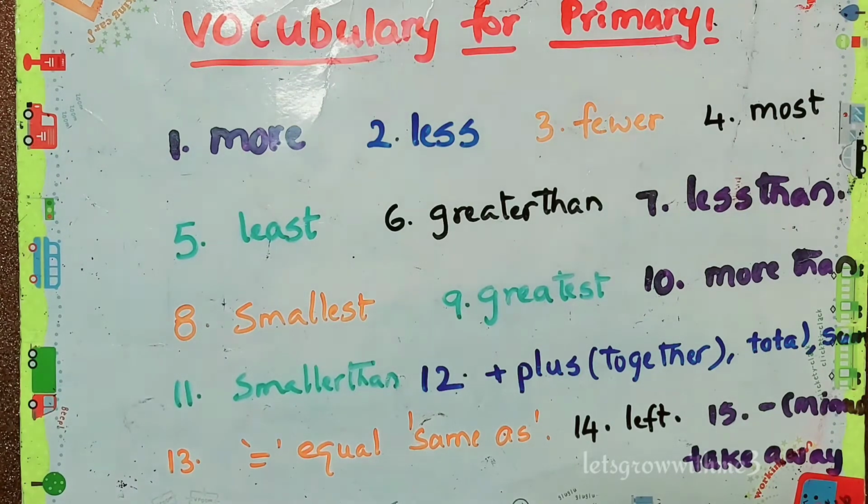The first two words are more and less. When we are comparing two objects, we use these terms, more and less. Its meaning is they both share one common value. After that, one will have some extra objects or elements, and the other will have fewer elements. So that's the meaning of more and less. Fewer, less, all are similar.